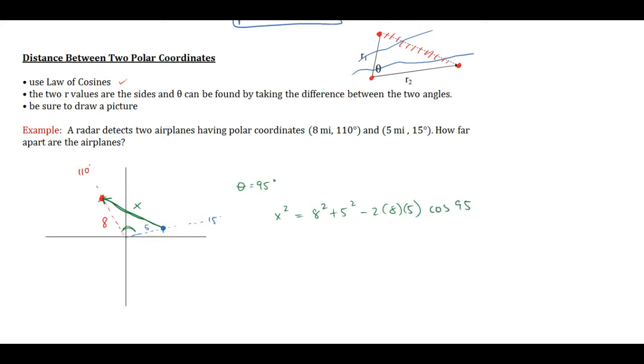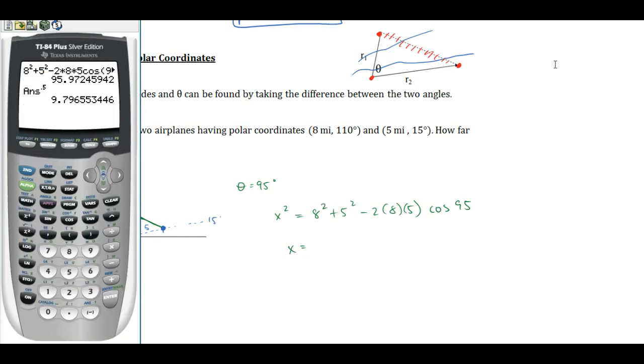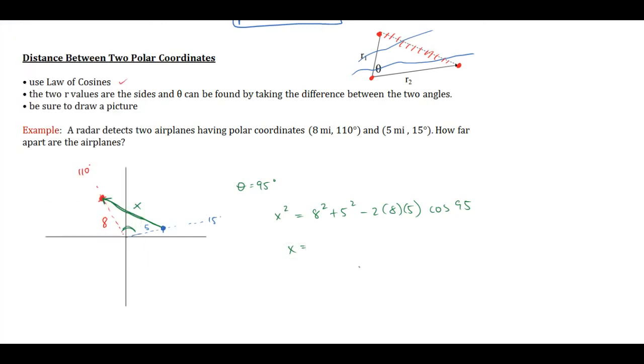And now I'm going to grab my calculator and I'm going to type all of that in, and I'm going to square root it, and I'm going to get the answer of how far these are. And as you can see on here, I got it all typed in. And so I put in the law of cosines, I got 95, and then I square rooted it, and I got 9.8. So I can tell you that these two airplanes are about 9.8, what were we in, miles